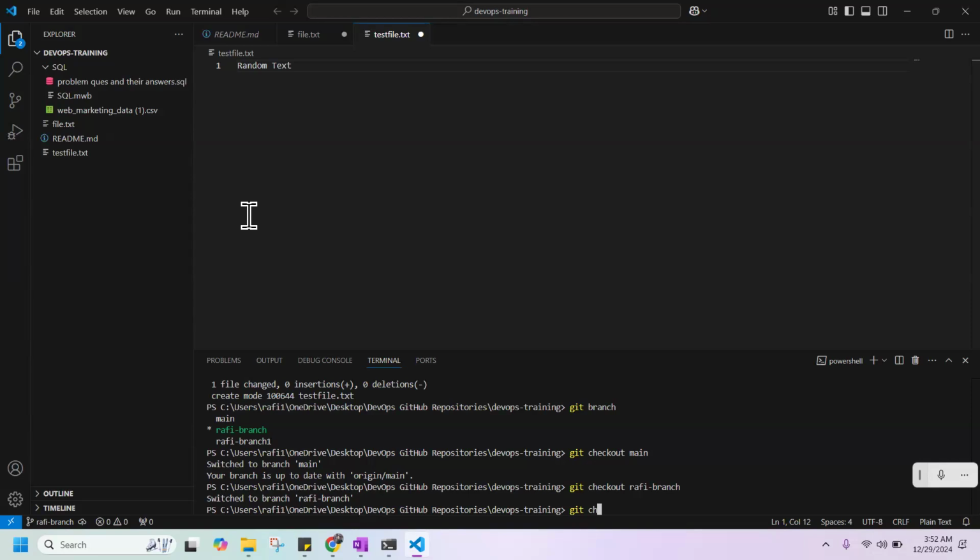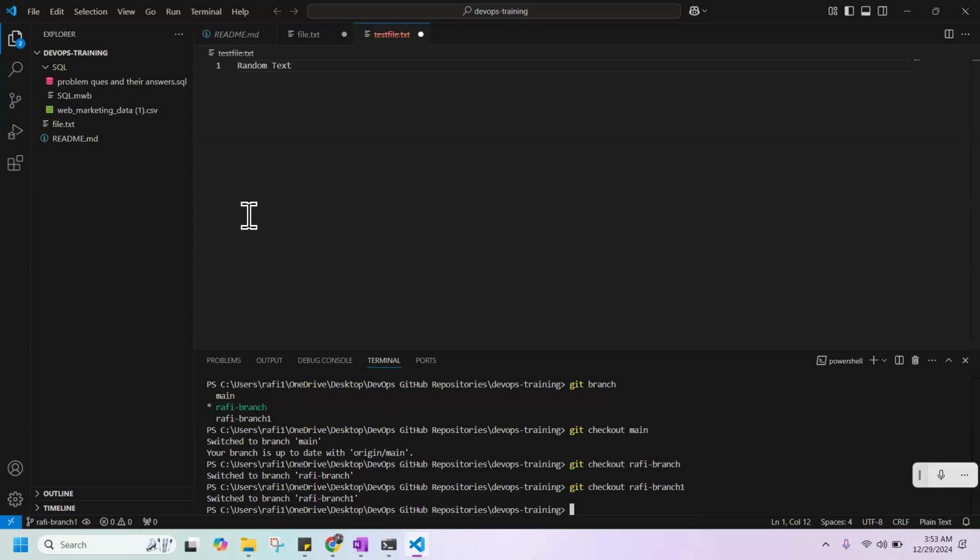It is definitely not here. So currently you see the test file.txt, right? But when you move to Rafi branch 1, it will be gone. No, not with the double quotation. Just write git checkout and the branch name. Git checkout space branch name. Yeah. Here you can see that it was automatically removed from that particular branch. So whatever changes we made in a particular branch are not reflected in other branches, right?